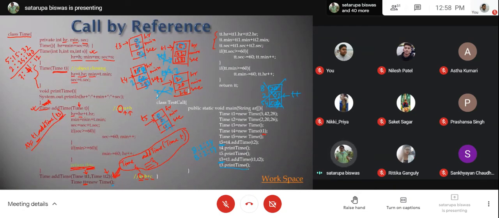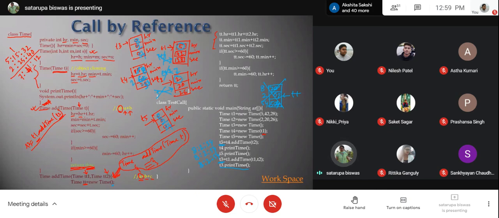Now if you try to print the value of T3, you are going to get this. Okay. So this is the explanation of call by reference, return by reference, the object cloning feature of Java, and many more things.